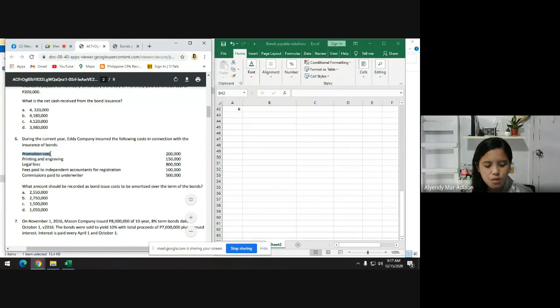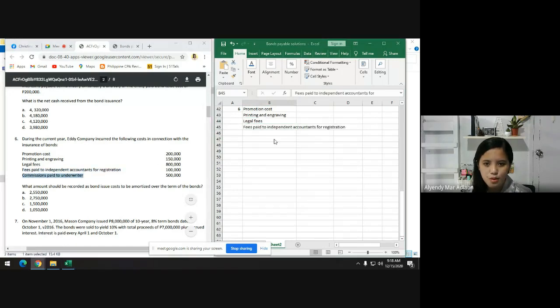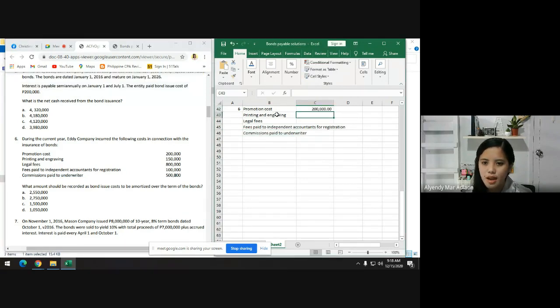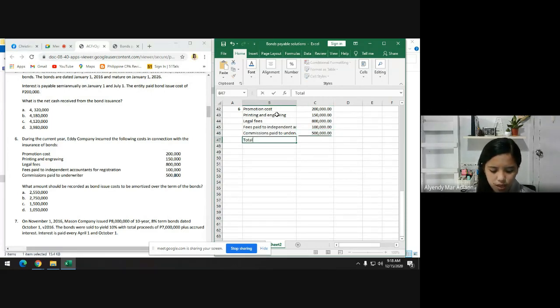So, copy: promotion cost, printing and engraving, legal fees, fees paid, commissions. Then we have 200,000, 150,000, 800,000, 100,000, and 500,000. So the total bond issue cost